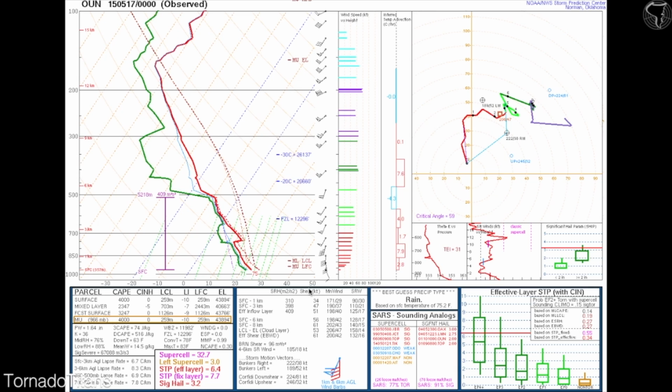So anyways, let's talk about, again, how has the sounding changed? Well, suddenly, again, 75 over 71, your surface-based CAPE is just immense. It's 4,000. That's a lot of CAPE. However, your mixed layer CAPE is 2347. That's because if you take a look, it's a little cooler, it's a little drier, but it's nowhere near as warm as 75 over 71 in the lower layer of the atmosphere. And so you see that played out in the mixed layer CAPE at 2347. That's why it's lower, but that's a more accurate representation of the storm environment that is going on here